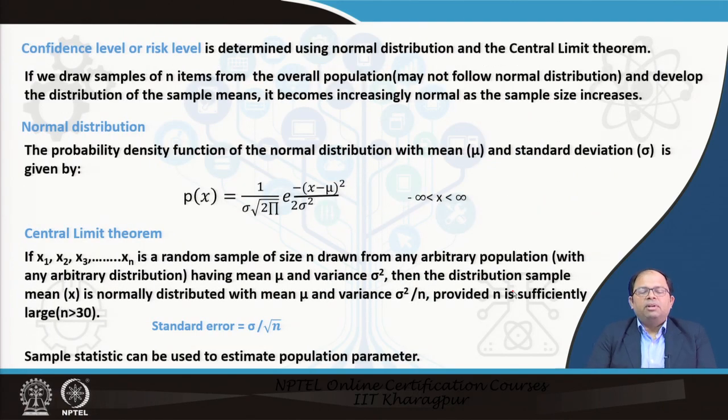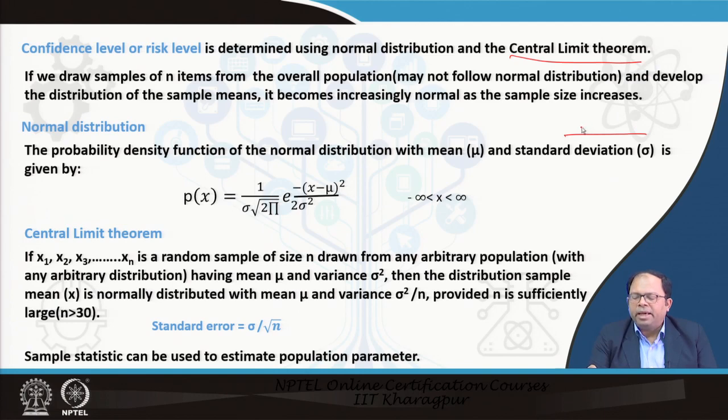So confidence level or risk level is determined using normal distribution and the central limit theorem. This is a very, very important theorem in statistics. Basically, when we draw samples of n items from our overall population, which may or may not follow a normal distribution, and develop the distribution of the sample means, it increasingly becomes normal as the sample size increases. That means if I